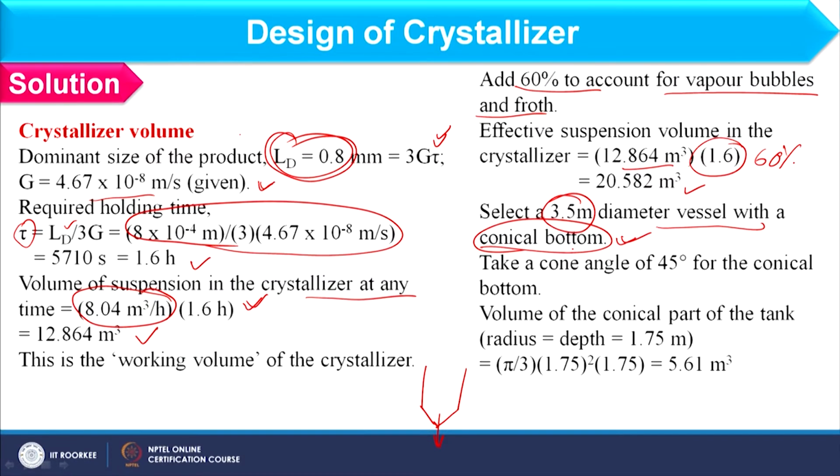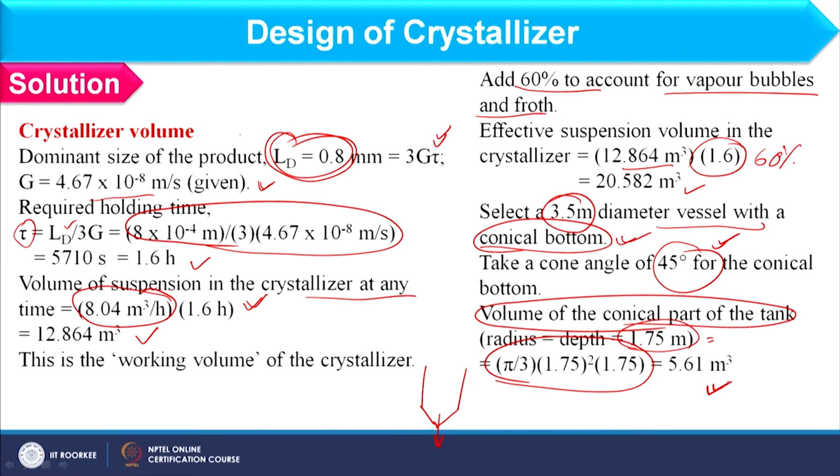Okay. How much conical bottom? 45-degree angle. Okay. So, cone is available at 45 degree. So, volume of the conical part is how much? If I consider that radius should be equal to depth, because that is corresponding to 45 degree, right. So, depth is basically 1.75 and so the radius, and pi by 3 r square h is the volume of the conical part, and considering these values we can find the volume of conical section of the crystallizer as 5.61